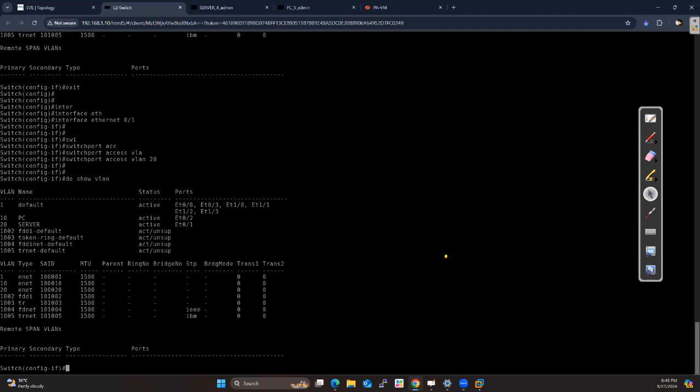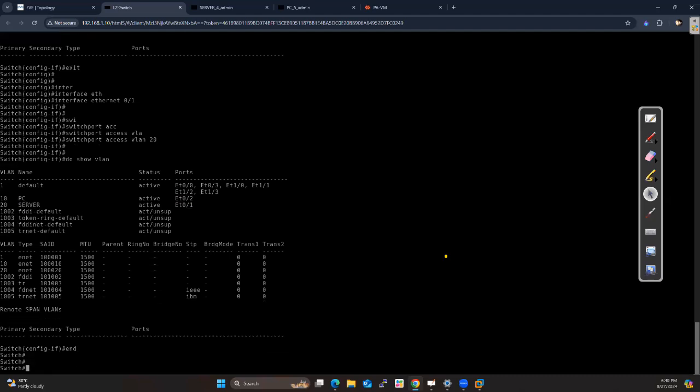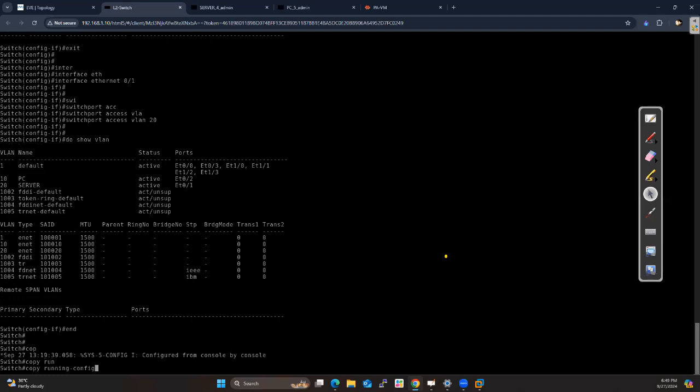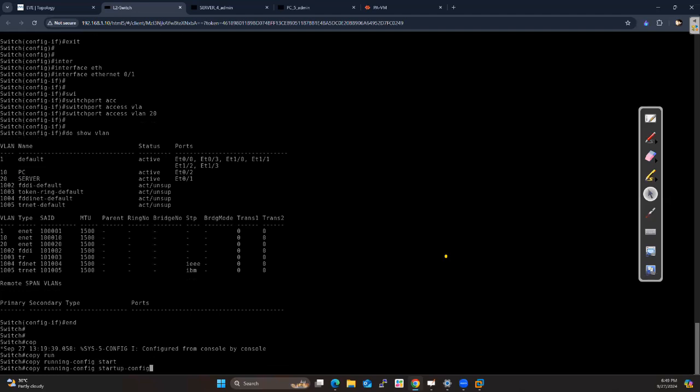In order to save this, we can use end to go to privilege exec mode. We have two options. Either you can use copy running-config startup-config. You can use this command to save it, because actually